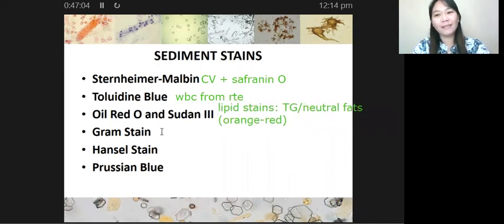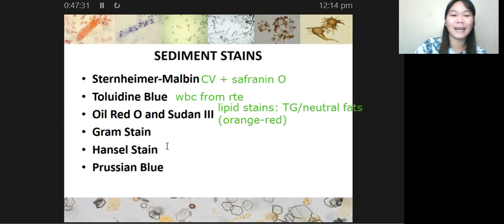Alright, so next we have your gram stain. So gram stain, this is utilized to determine the type of bacteria which causes your urinary tract infection. So whether the bacteria is gram positive or gram negative. Okay, and then lastly,